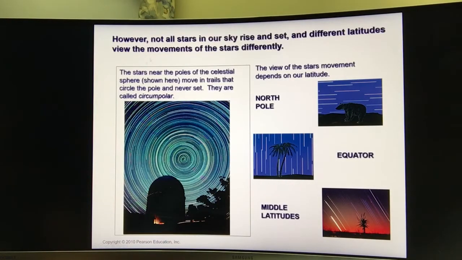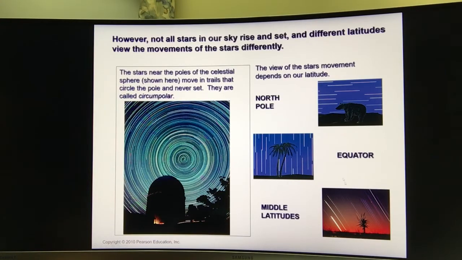But not all stars in our sky rise and set. It depends on the different latitudes on the earth. So you can see here, when at the North Pole, you're going to see the stars moving like this, all horizontal. At the equator, you're going to see vertical motion of the stars, and at the middle latitudes, that's where usually